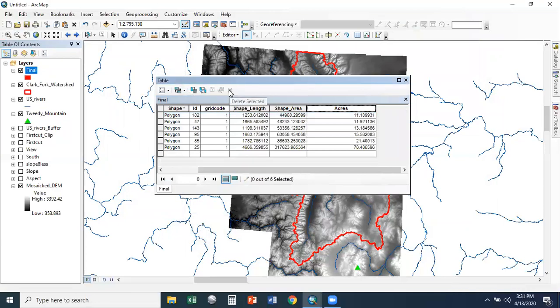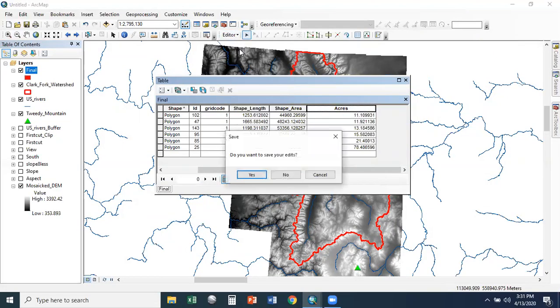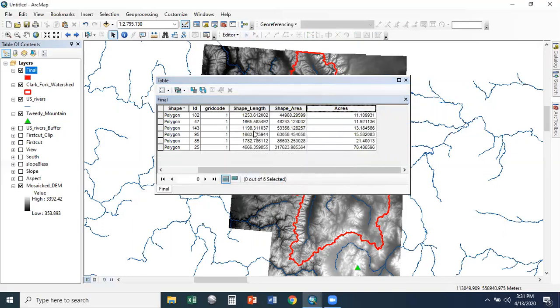And now I'm going to delete those that did not meet the criteria of being larger than 10 acres. Stop editing. Say yes. Now I have a polygon shapefile that meets all 5 criteria. I've removed anything less than 10 acres. So these 6